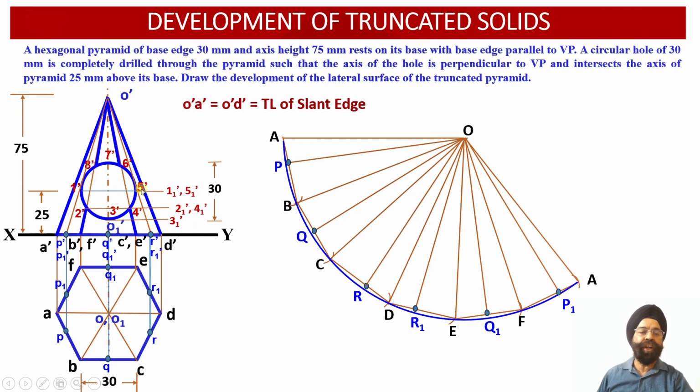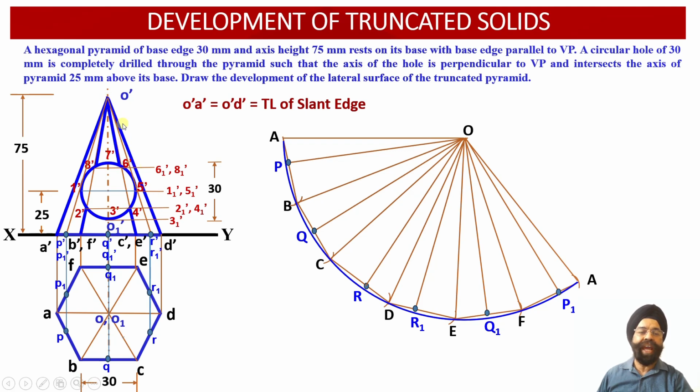Similarly, points 1 and 5 have been obtained over here. So this radius we are going to use instead of O-1 and O-5. Similarly, corresponding to points 6 and 8, if we draw a horizontal projector line extended up to the true length slant edge over here, the point of intersection of this horizontal projector with the true length will provide us with the radii